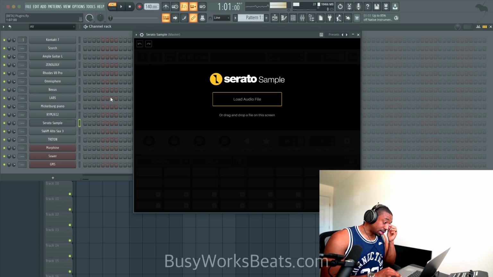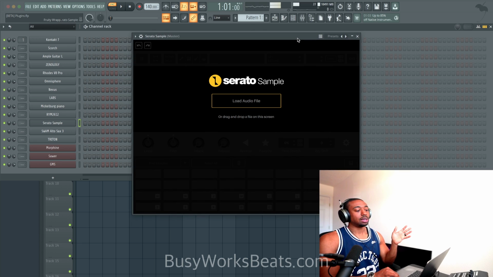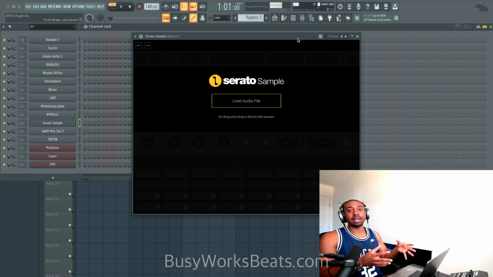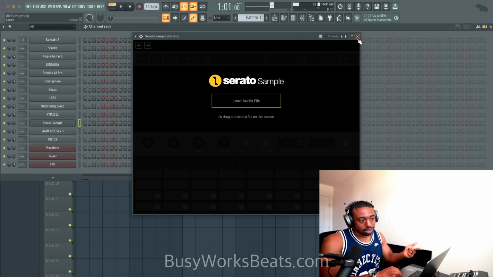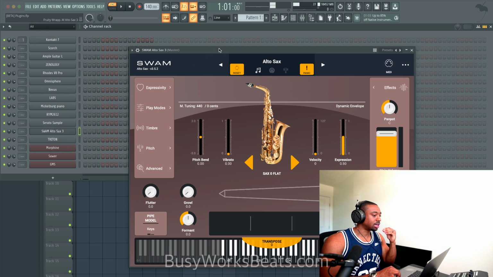Nextly is Serato Sample. Now this is becoming more popular, but back when everybody was keeping their cards to their chest, as the UK folks would say, nobody was really talking about how they would get their samples to sound so pristine. In Serato Sample, you just drag the sample in, click find samples, and hit the keys on the keyboard. Now that you have a sample beat that fast, it time stretches, it knows the key. I don't have time to go through Serato Sample, but that is a go-to for sampling nowadays.